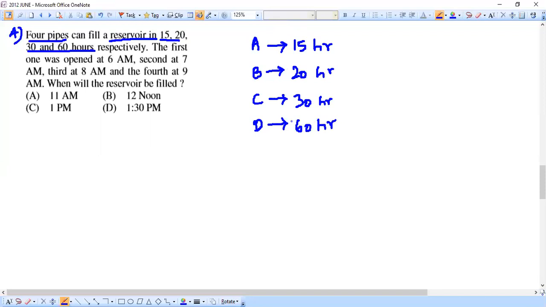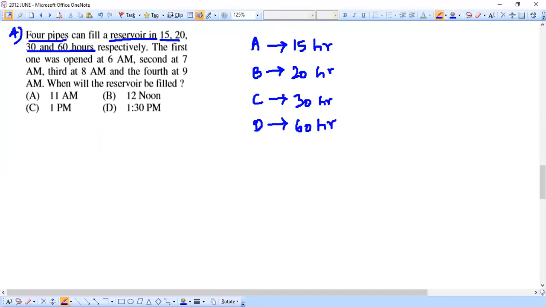So then you may think, out of these 4 pipes, which pipe is more efficient. What do I mean by more efficient? Efficiency means the one who is going to complete the work in a very short time is going to be very efficient. In that case, pipe A is going to be much more efficient compared to the other three pipes. Are you able to understand this?